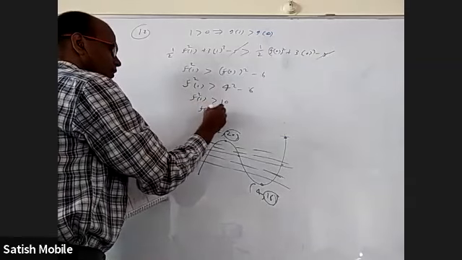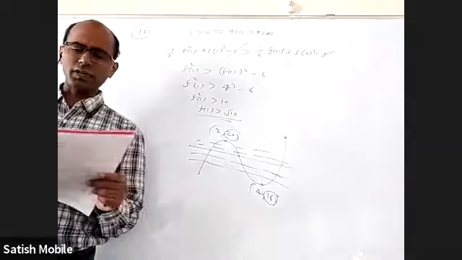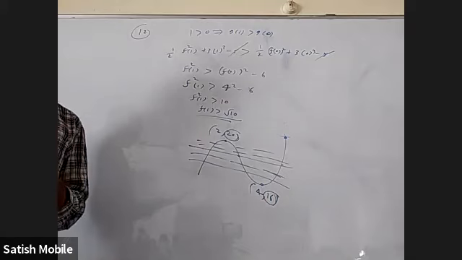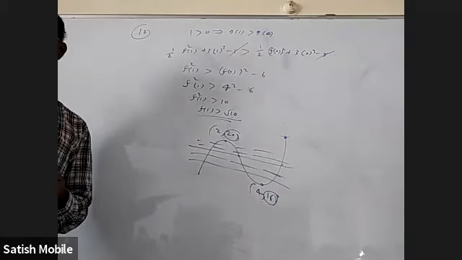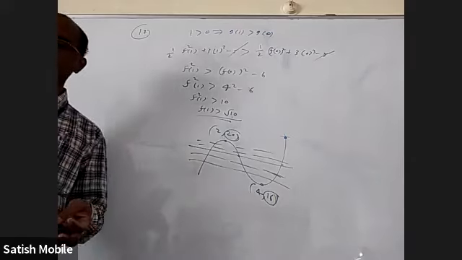So f of 1 is greater than root 10. So f of 1 value can be anything provided it is more than root 10. So in option A, they gave root 8, not okay. Option B is root 16, option C is root 18, option D is root 12. They're all greater than root 10. Okay, f of 1 can be any one of them.